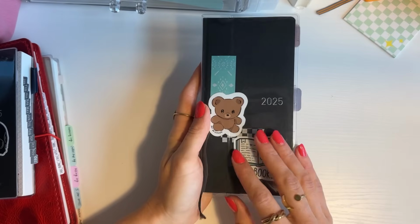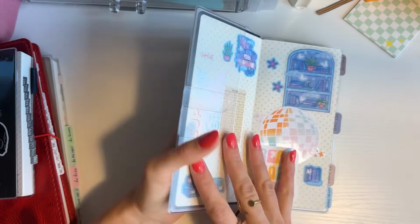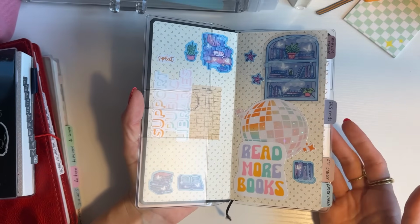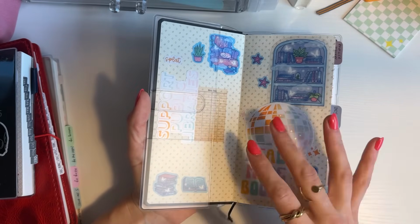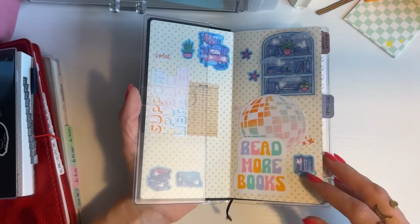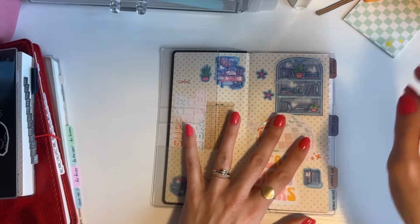So I will start off with the Hobonichi Weeks. As I mentioned, this is going to be for health and hobbies, and my hobbies are basically journaling and reading and running, but the health part is also running. So that's why I thought this would be a really great blend of the two things. Now, in the past, I have used my Hobonichi Weeks